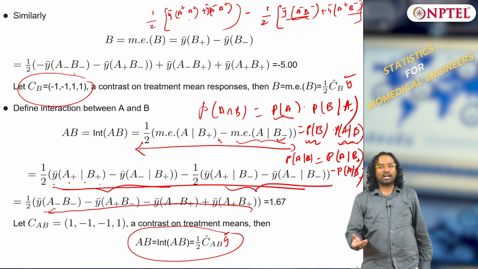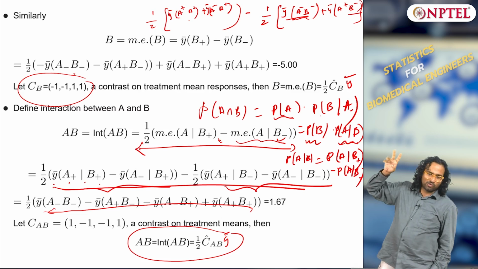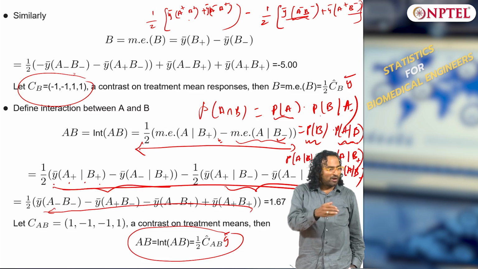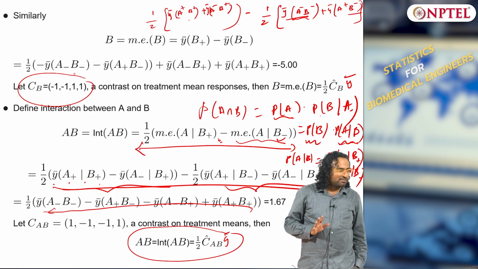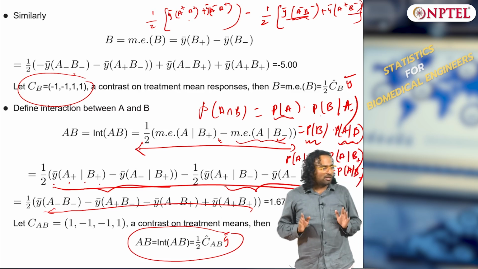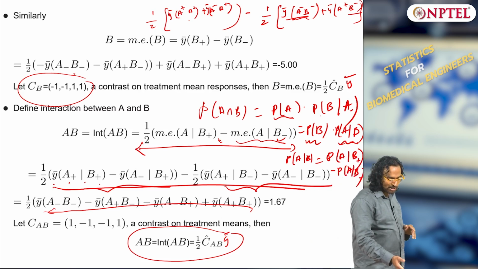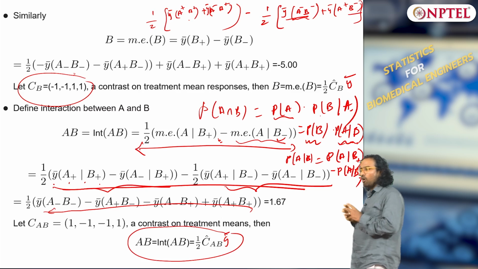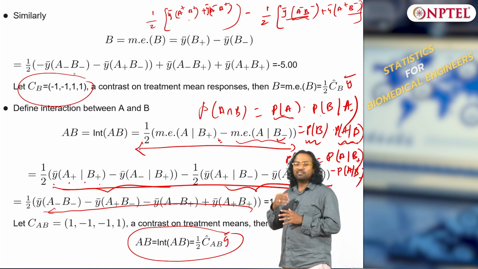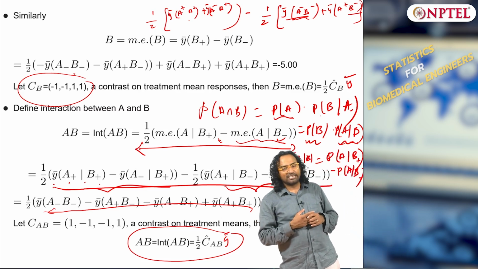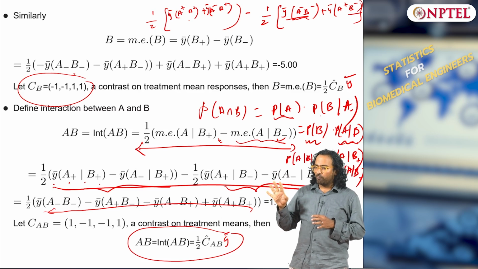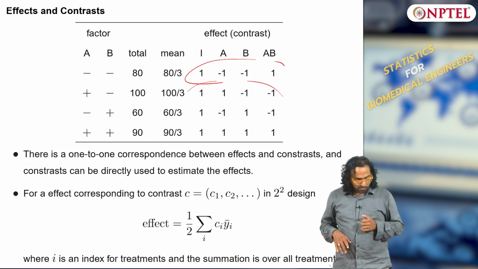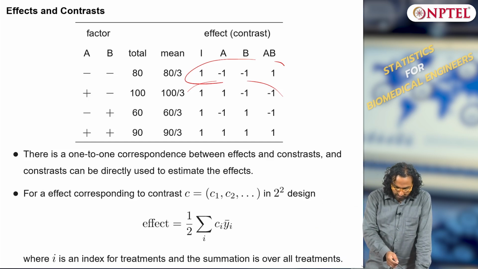And then when you look at the conditionals, you have only 4 data points, you do not have anything much, you have only 4 treatments. What is A plus given B plus? Only A plus B plus, then nothing else is there. So you directly write all the 4. Now you get the coefficients, I mean the contrast terms for all these 4. Okay. So now I have defined all the treatments and my main effects in terms of these 4 treatment means, and I have represented it compactly in a contrast form. So this is what I have.